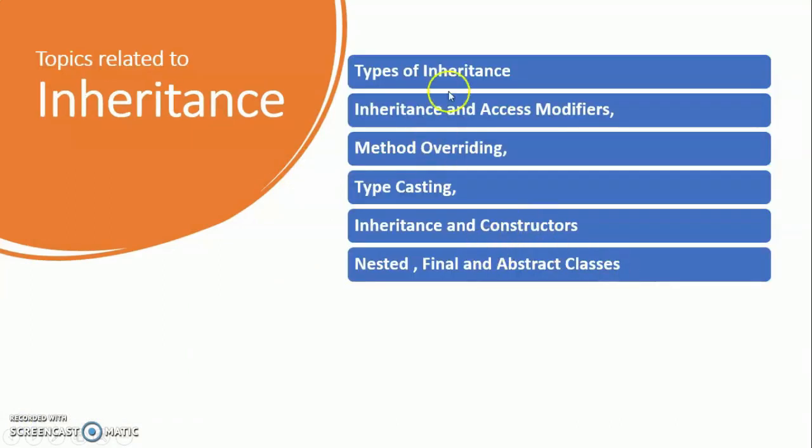We had then spoken about how there are a lot of topics related to inheritance, like types of inheritance, inheritance and access modifiers, what is method overriding, typecasting, inheritance and constructors, nested, final and abstract classes. These are some of the important concepts when it comes to inheritance. We will be talking about all these topics in this and in future videos, but our area of concern